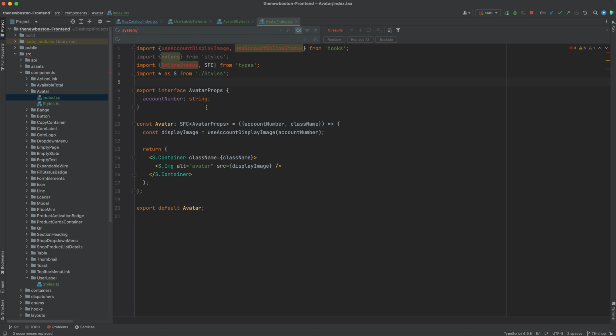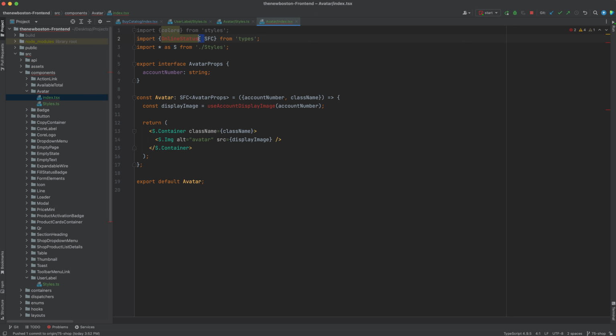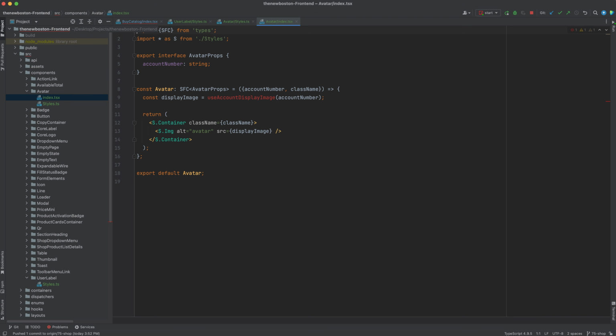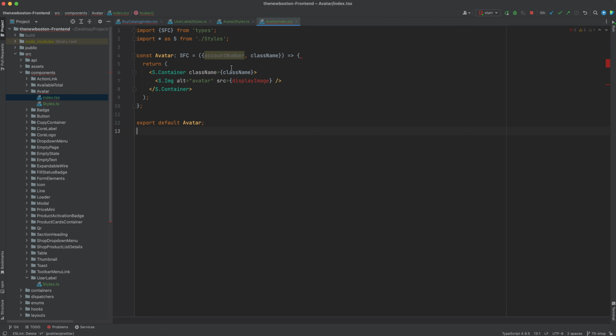So for the avatar props, what we can do is this. So this is interesting as well. We still need to build in the profile photo logic on the back end. However, we can just use a default avatar for now. So for the display image, we won't pass this in. Yeah, this is going to be super simple now, but we'll make it a little bit smarter, or a lot smarter later. So here we're just going to use a default